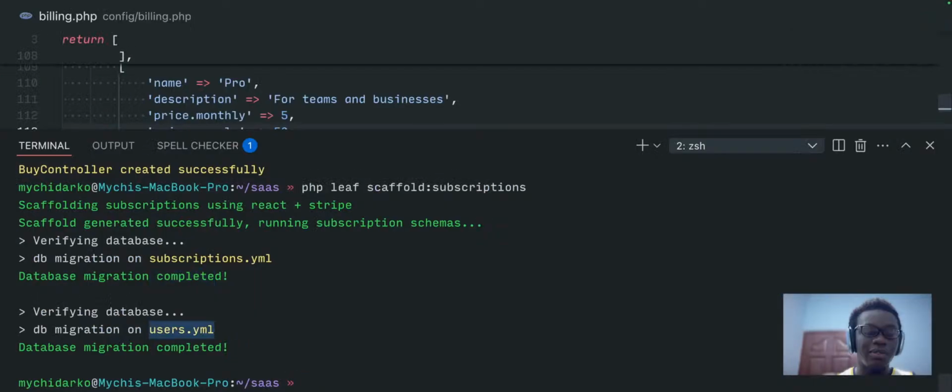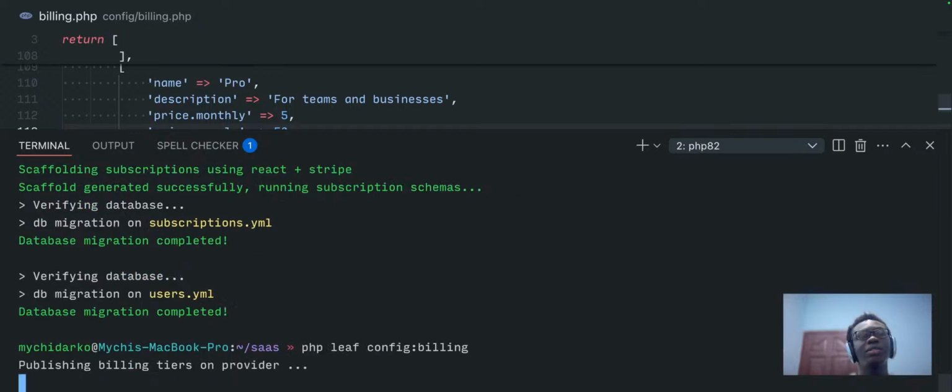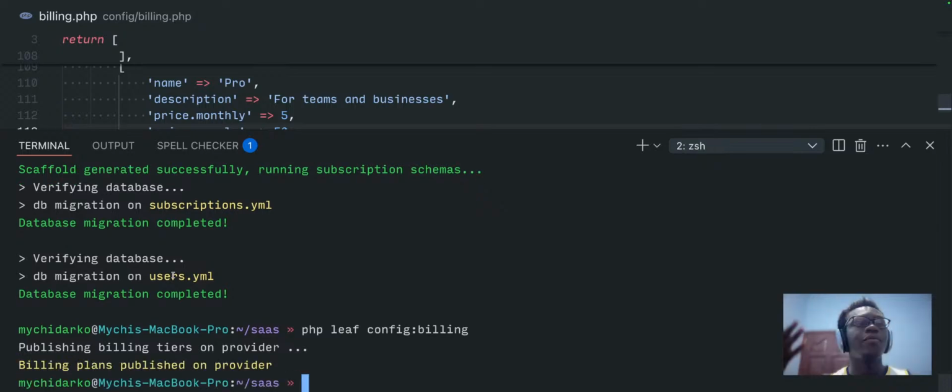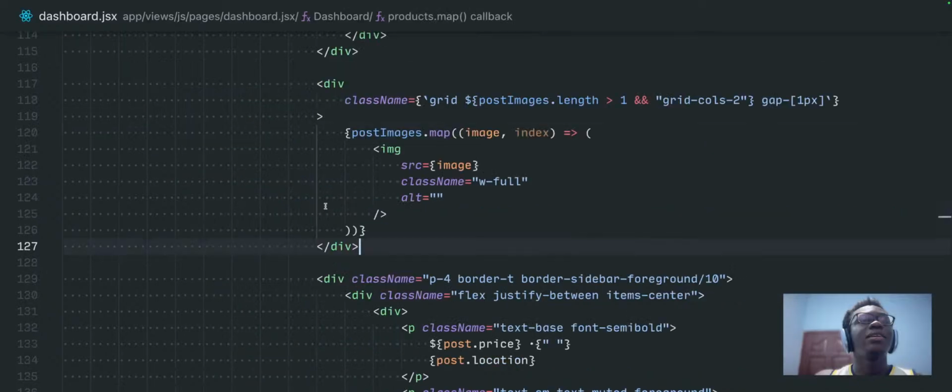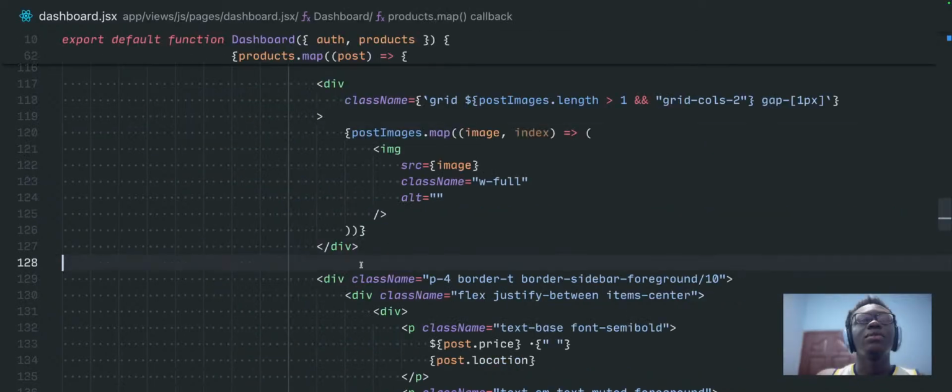So we do that with the PHP Leaf config billing, and then this will publish it to Stripe. It's making an API call right now, which is why it's kind of lagging for a little bit. And then now, billing plans published on provider. And that's pretty much all we need to do. So now we can look